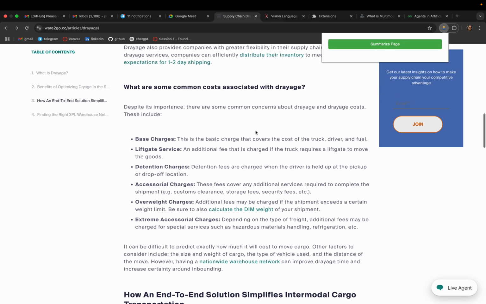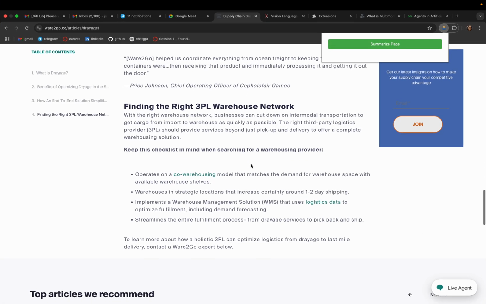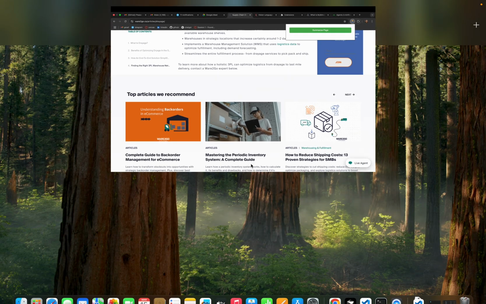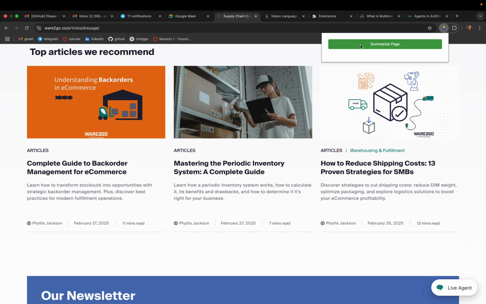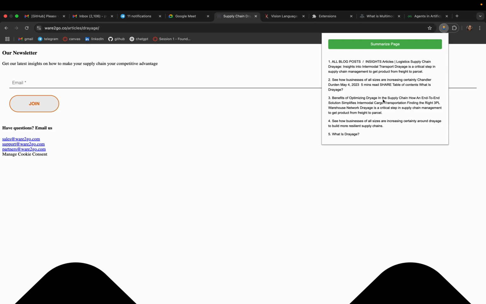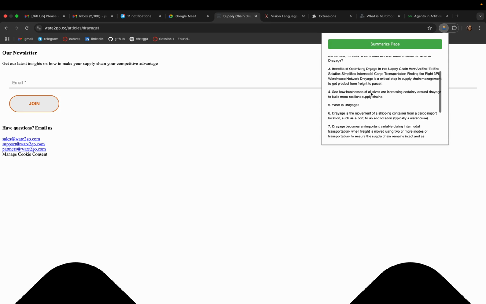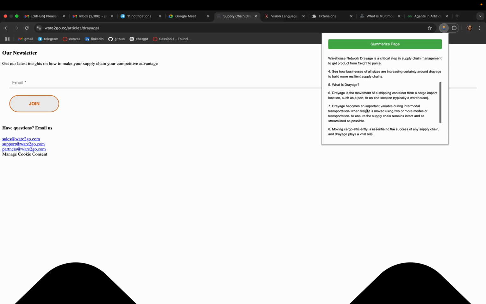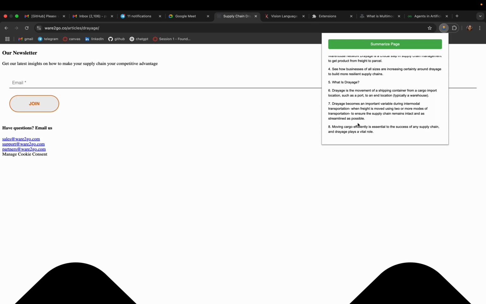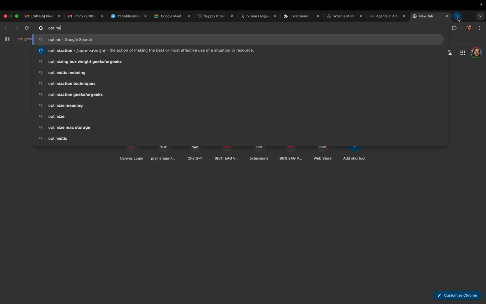I click that. This is the web page which speaks about direct services and all these things. Now I'll summarize the page. You see here I am getting the content on the benefits of optimizing drayage. What is drayage? Drayage is the movement of shipment containers, basically the definition of drayage. Drayage becomes an important variable. All these things are explained here. Now let me check optimizing